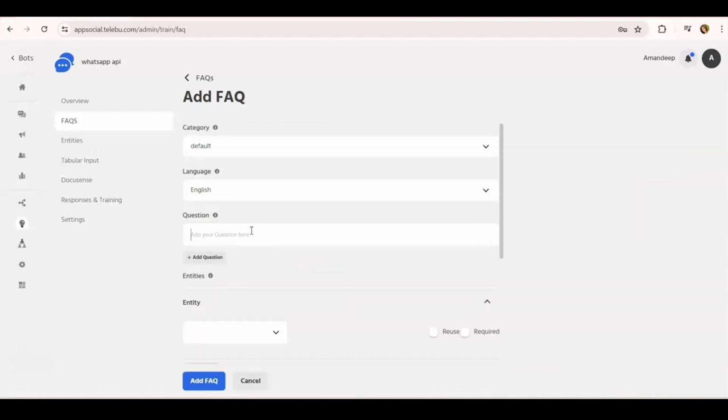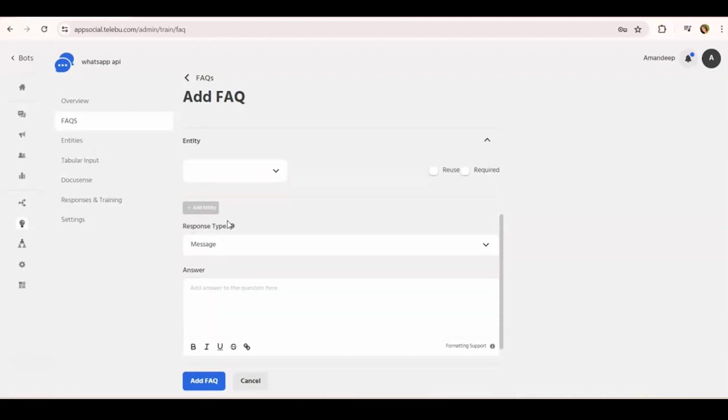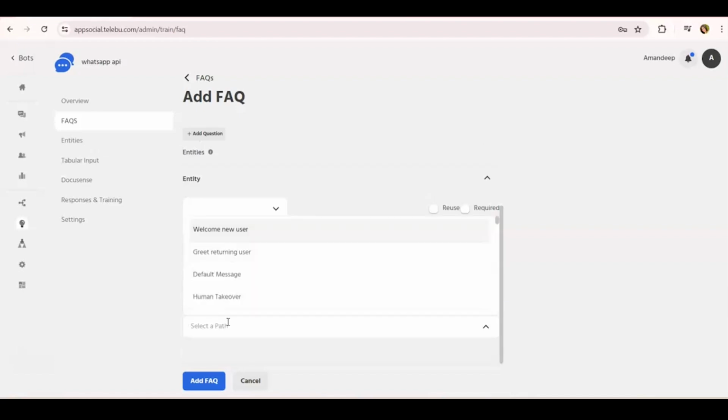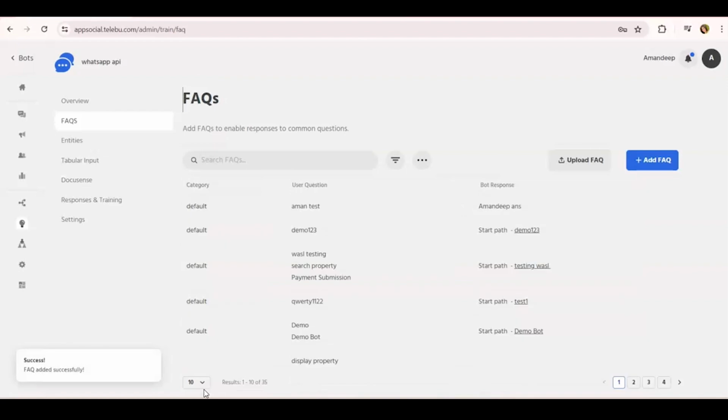For example, if my FAQ is demo bot, and I choose the response type as a path that I created, and I trigger the path which I created, that is demo bot, then we can click on add FAQs and that bot will be live.